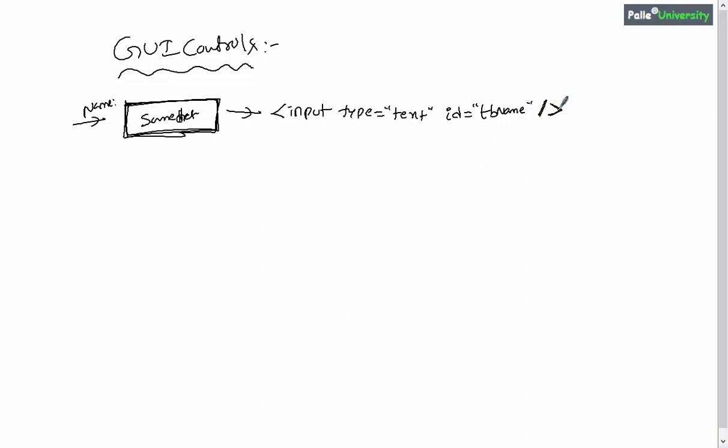Okay. Now I would like to explain what this input is called. Not only input, whenever you write something immediately after the angular bracket, that is technically called the tag name. And immediately after the tag name you will write something called properties. So type is a property and ID is a property. Some people call properties attributes also, right? In general every property or attribute has a key and a value also. In general the value is placed inside double quotations. Type is a key here and text is a value.